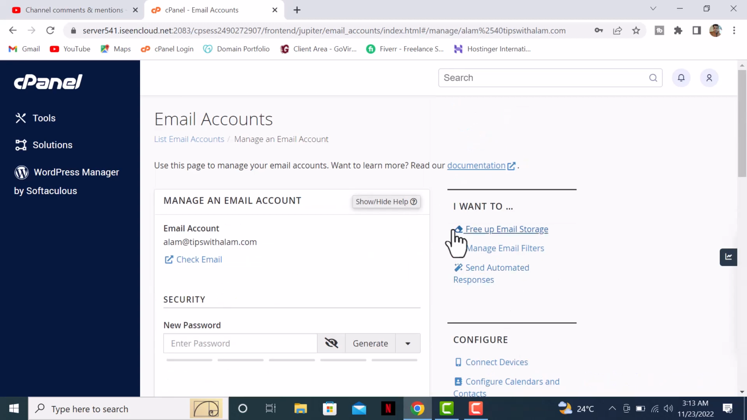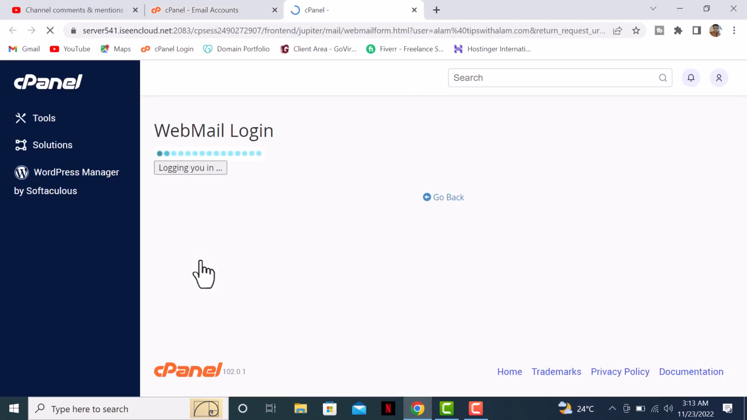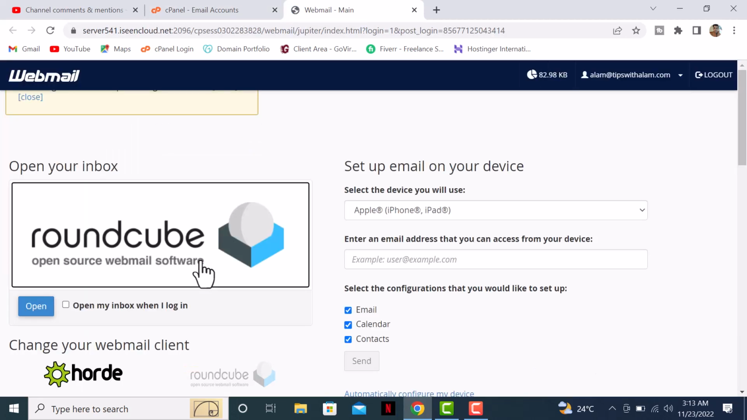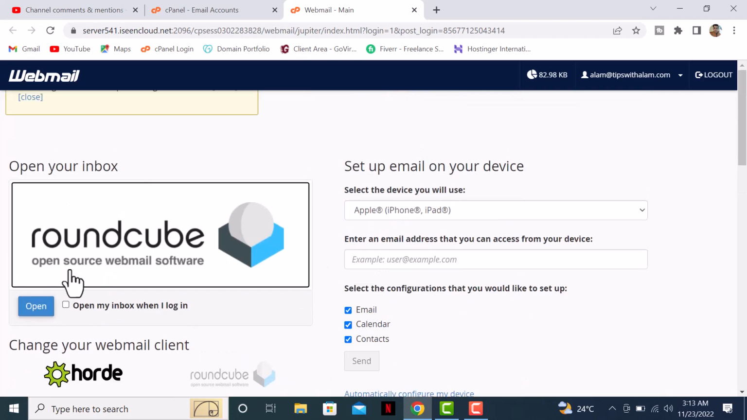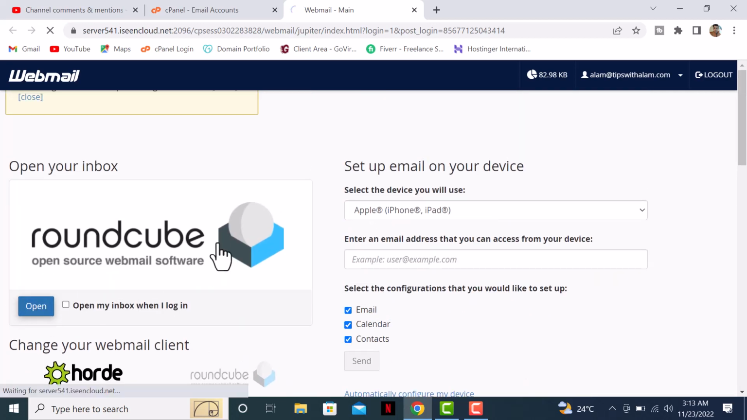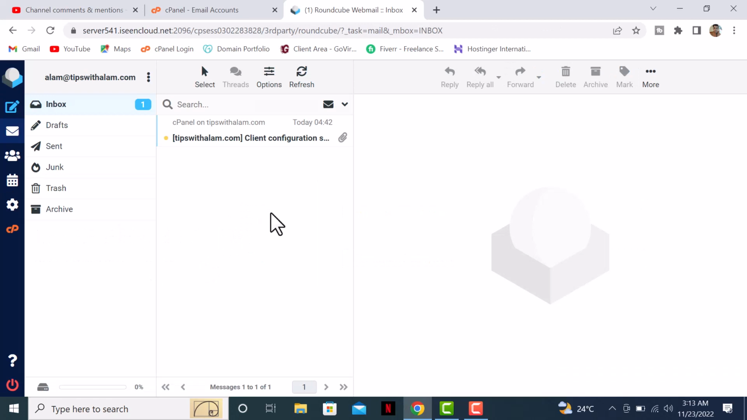We're not gonna delete this, so I'll click on check email, and this will take us to the webmail login. So here you will have two options. One is Roundcube and the other one is Horde. You can select any of these. I will select this one, and this will open our newly created custom email,